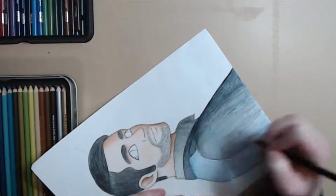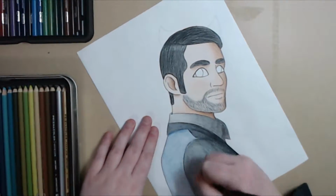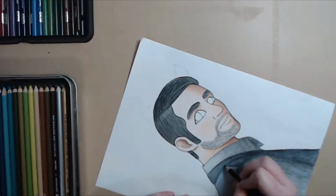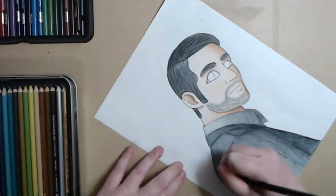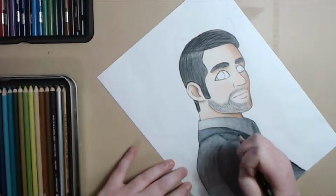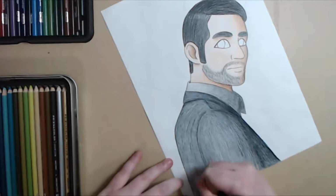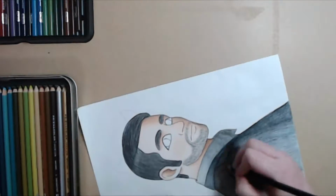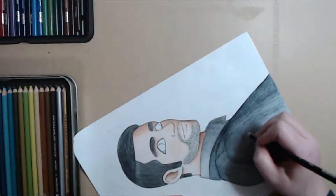So I did that, and the layering is beautiful. I can blend the pencils together perfectly on this paper, and it's thin, which is kind of an issue when you go towards the edges of the paper, because it tends to flick up, and it has the same issue like if you're erasing printer paper, and it can crinkle. I only had that issue once where it actually crinkled itself, but the rest of the time I was pretty careful. So I will continue discussing my thoughts on the paper in the final review portion of this,